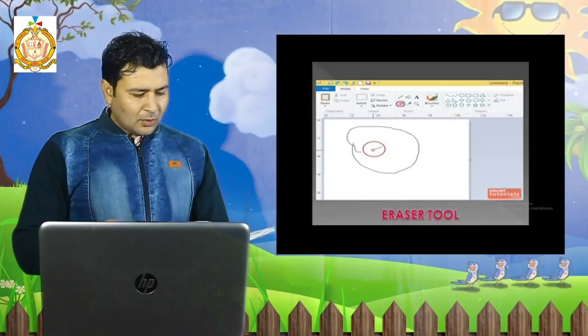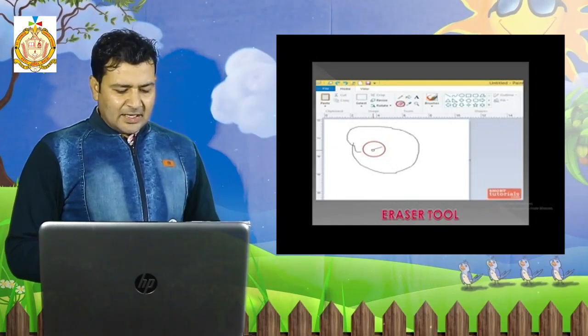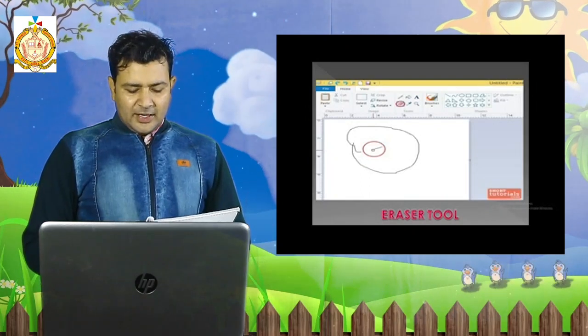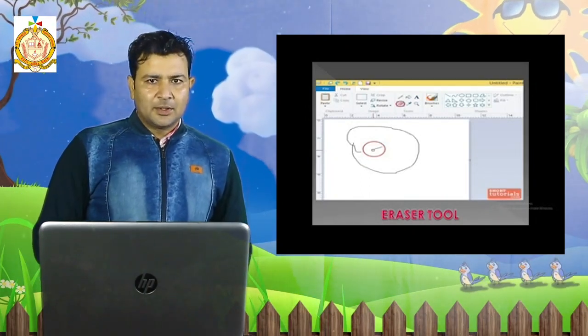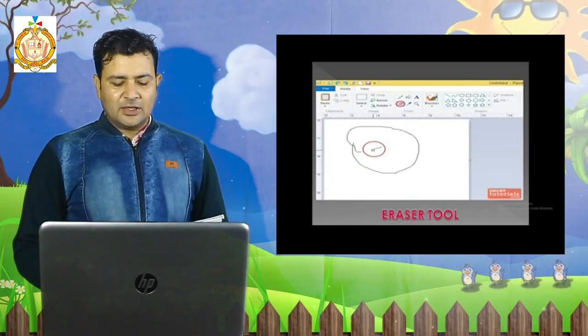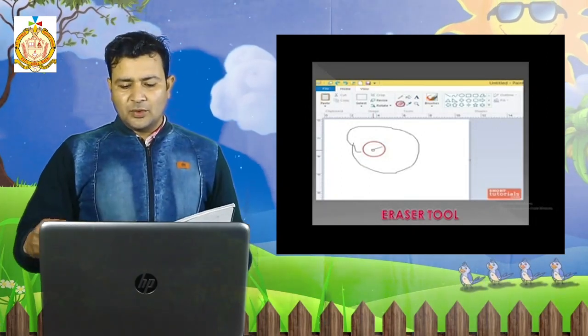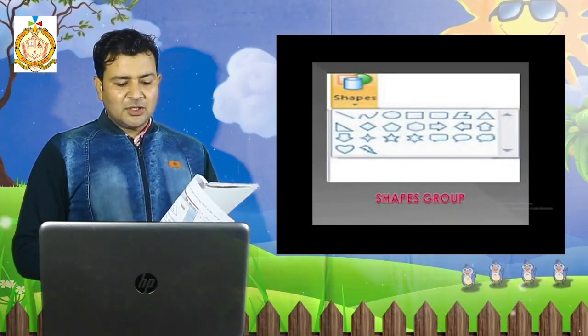Click on Home, click on razor, select the size of the razor, then select the width of the razor, and drag it on your drawing area where you want to rub. Click on Home, click on razor, click on size, select the width of the razor and rub the portion you want to remove. This is the use of the eraser tool. Next, we have shape tools.